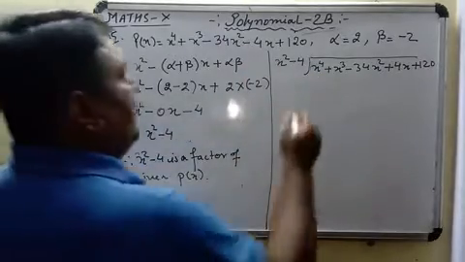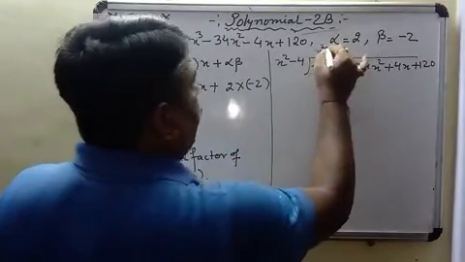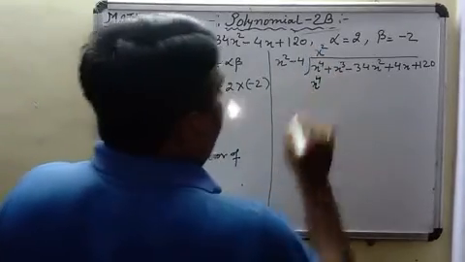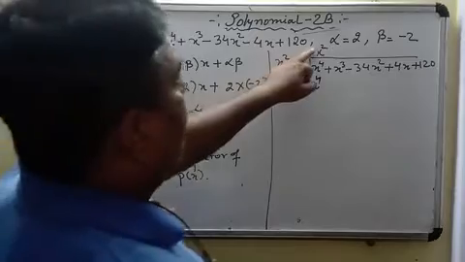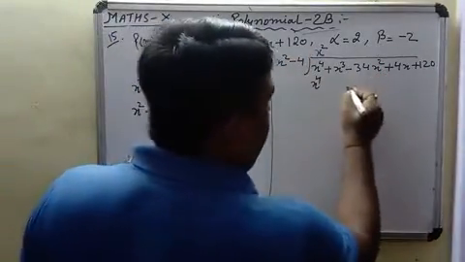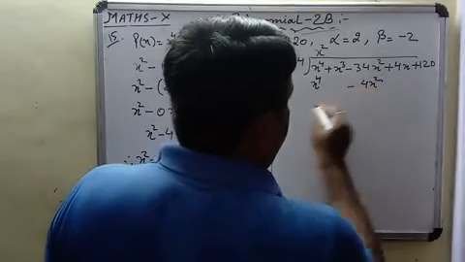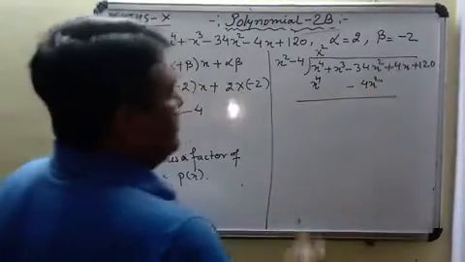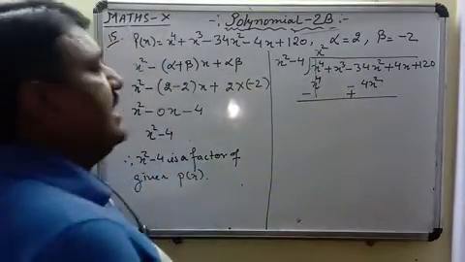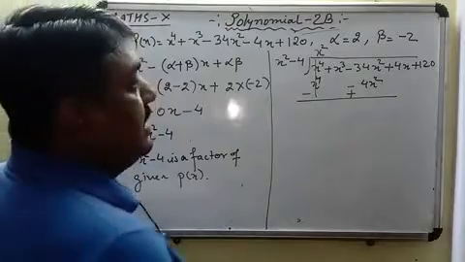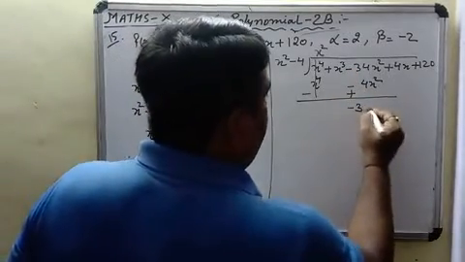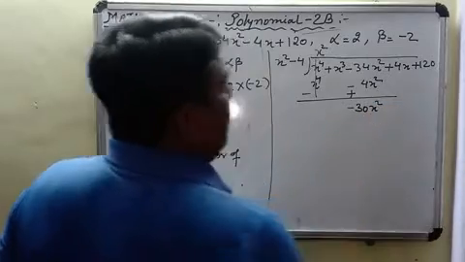So at least we have to multiply by x square here. x square into x square becomes x power 4 and x square into minus 4, so minus 4x square, which we will write below the x square term. We will go for the subtraction, negative, and this will become positive. These two will be cancelled. Plus x power 4 and minus x power 4 cancelled. Minus 34 and plus 4, so minus 30 is left. Minus 30x square is left.